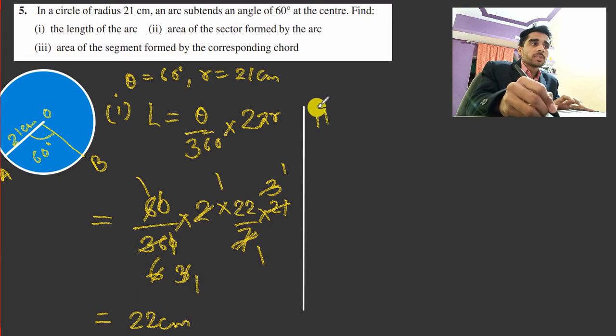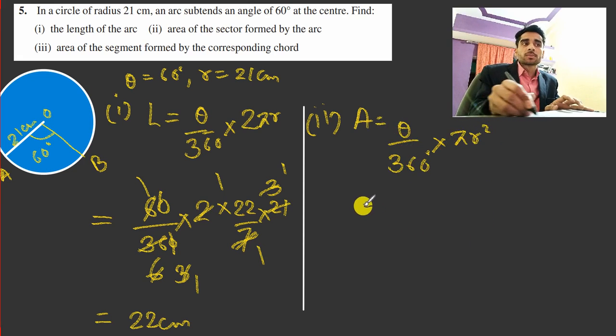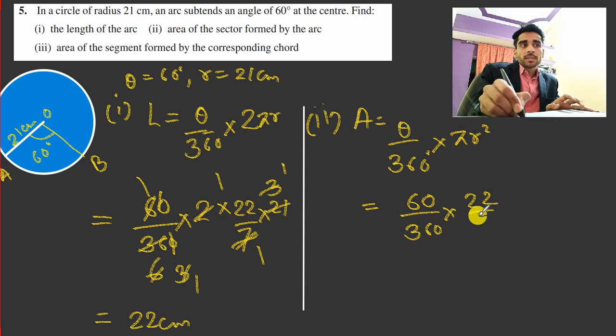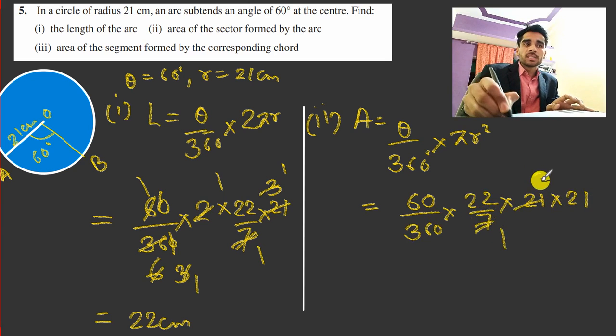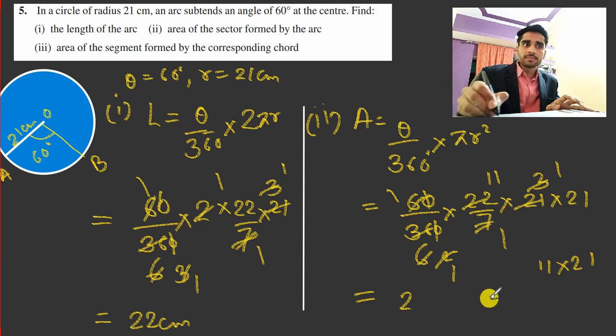Second, they are asking us to find out the area of the sector. So we know that the area of a sector is given by the formula theta upon 360 degree into pi r square. Substitute the respective values: 60 upon 360 multiply 22 upon 7 multiply radius 21 21. So it will be 7 1 ja, 7 3 ja, 0 0 cancel, 6 1 ja, 6 6 ja, 3 1 ja, 3 2 ja, 2 1 ja, 2 11. And when we multiply 11 into 21, by using Vedic maths, write the leftmost term and rightmost term as it is, and add these two terms, 2 plus 1 is 3. So we will get 231 centimeter square.